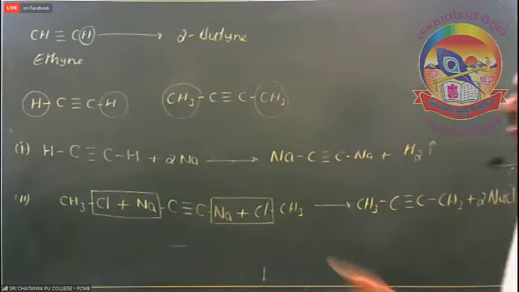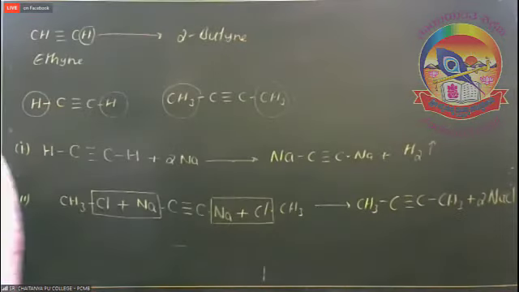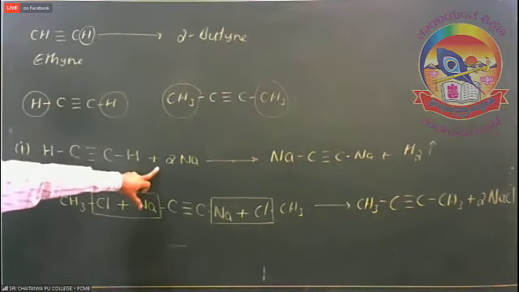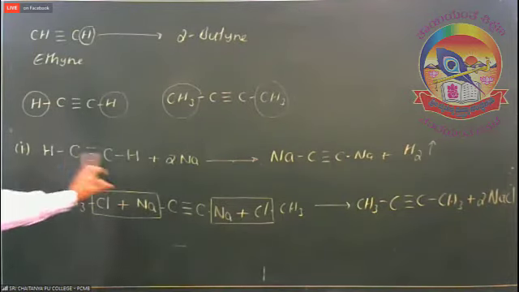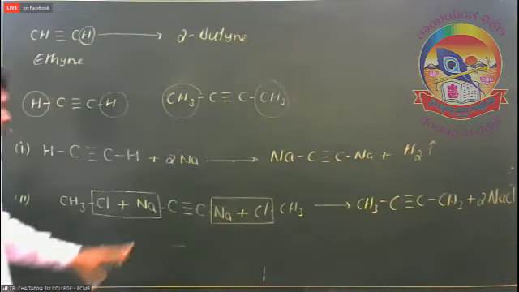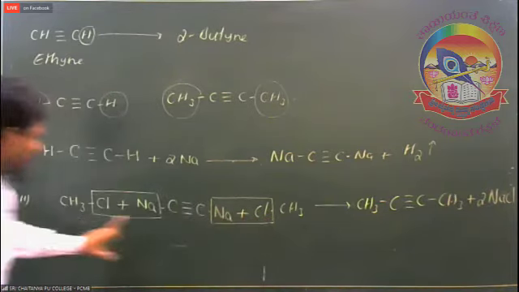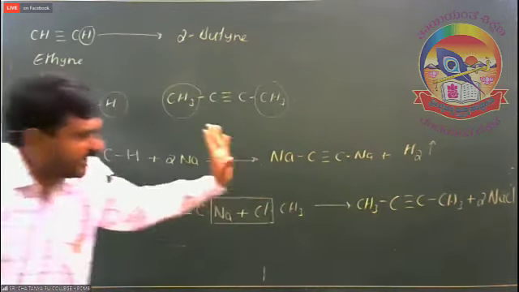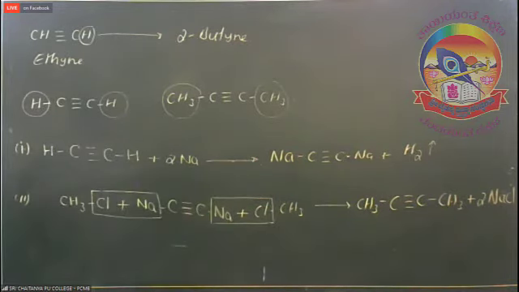Now, how to convert lower alkynes to higher alkynes? It is already covered in first year. It is a property of acetylene, so lower alkynes are converted into higher alkynes. How is ethyne converted to 2-butyne? In the first step, acetylene reacts with 2 gram atoms of sodium, so both acidic hydrogens are replaced by sodium. It is called disodium acetylide. This disodium acetylide reacts with 2 moles of methyl chloride, so 2 moles of NaCl are eliminated. It gives 2-butyne. Okay, so it is an important conversion.